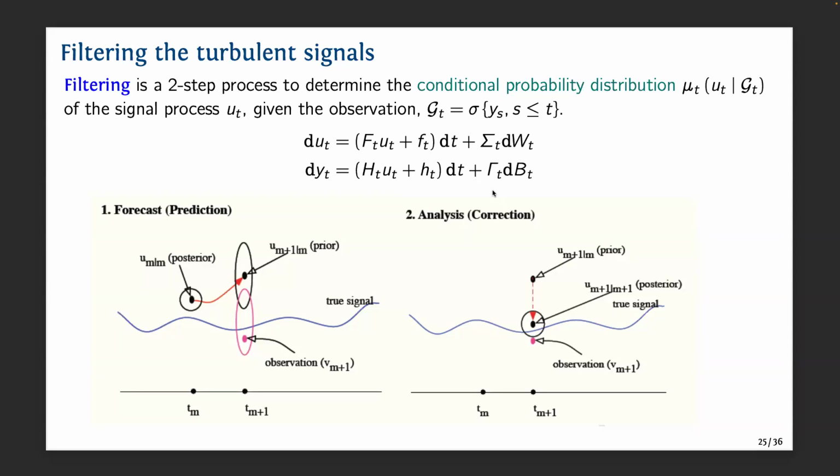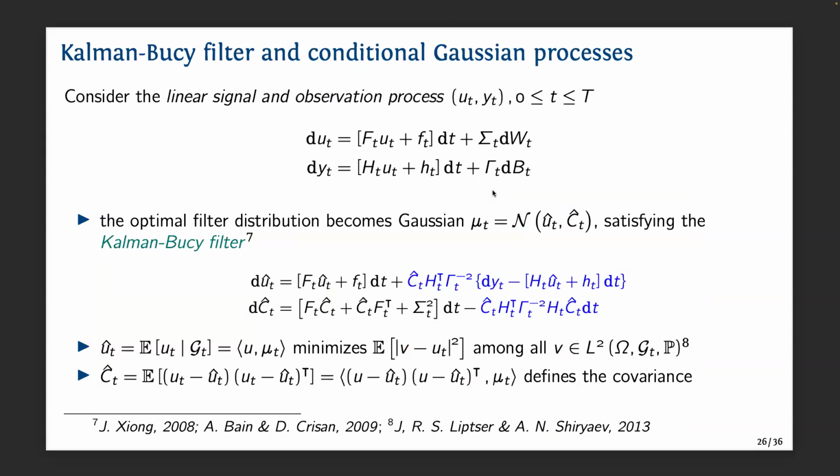In a linear system like this, where the dynamics is linear and the observation is subject to a linear operator, there is a formidable result, the so-called Kalman filter. We can write a closed equation in the form like this. If you just ignore this blue part, this is exactly the forecast model of the linear system, right? It's a forecast of the mean, and this is a forecast of the variance.